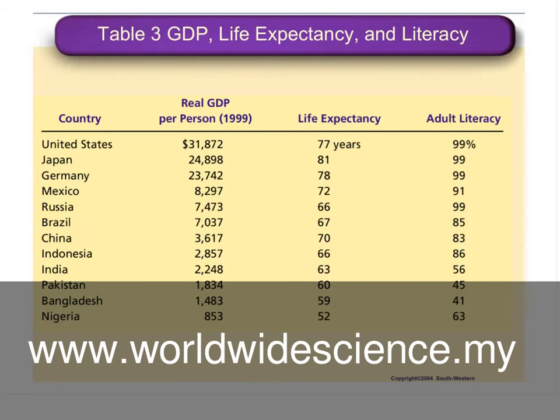So you see all these different countries with different GDPs and different life expectancy. As you can see, Japan has a very high life expectancy, and their GDP is the second highest. But what it really shows is that it doesn't guarantee that when GDP...